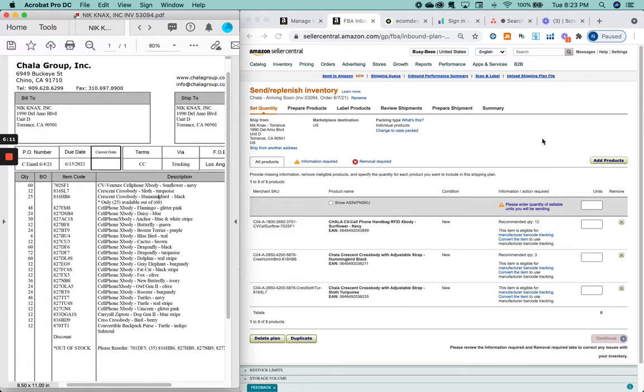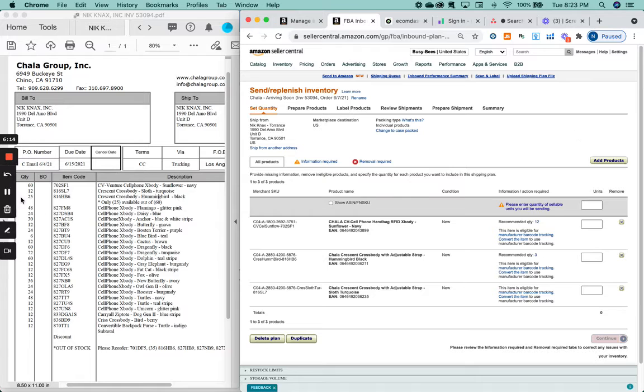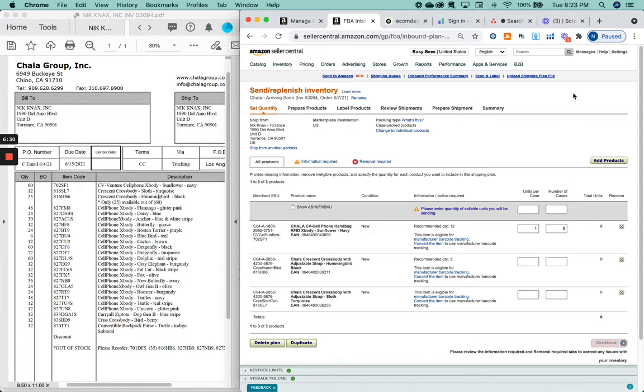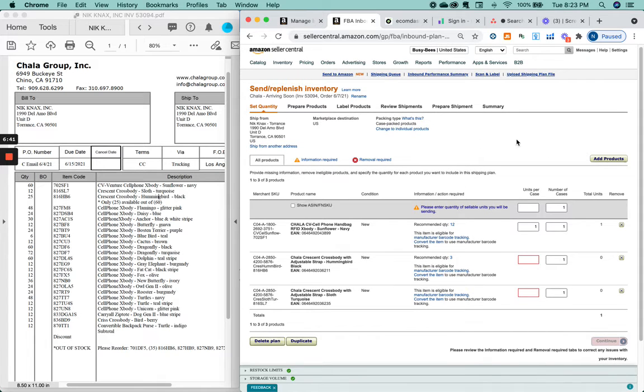All right, so now that the items are in the shipment, you want to enter in the quantity from the invoice. So I'm going to go through here and enter in the units. Oh, before I do that, change it to case pack, and then set the number of cases to 1. And to do that, you can just click at the very top and hit number 1, and that should copy it down to all of the listings. All right, and then units per case, that's where you enter the actual quantity ordered. Go through there